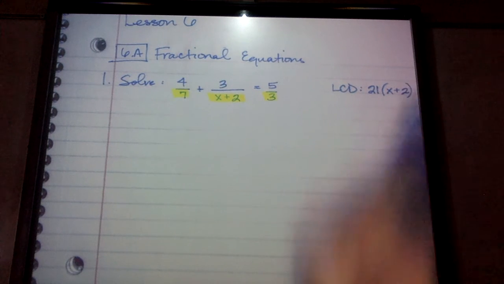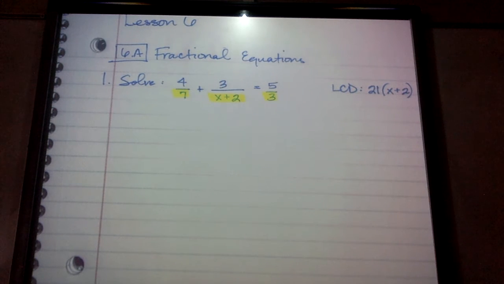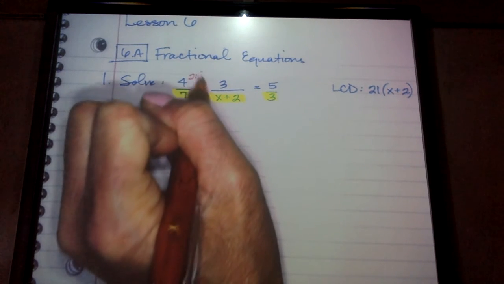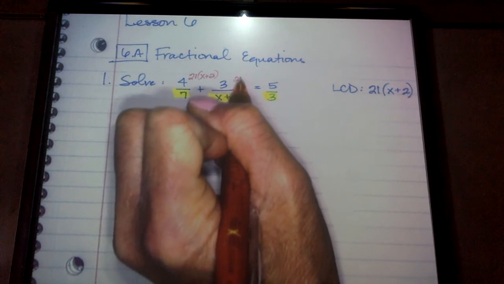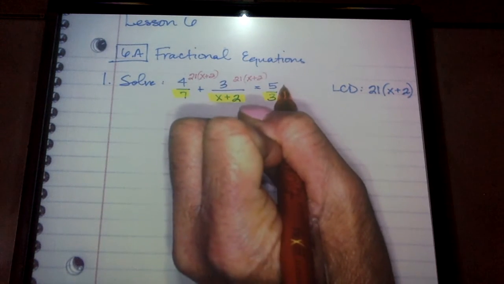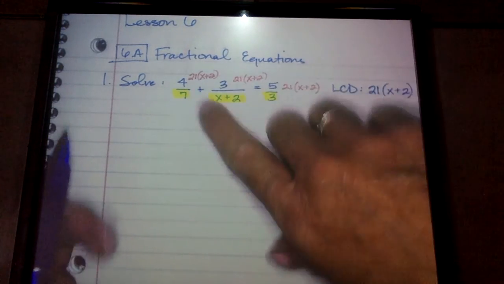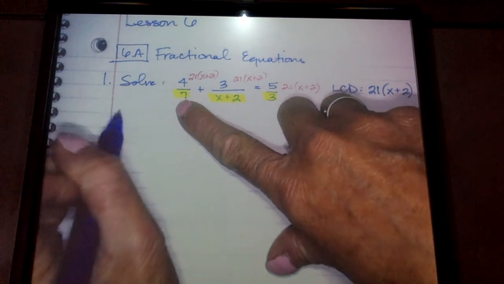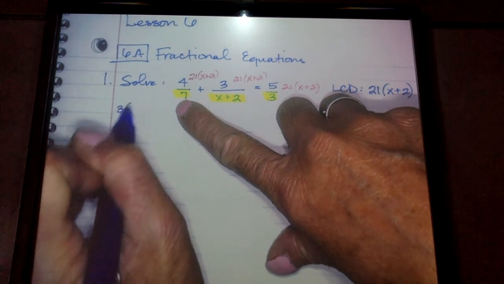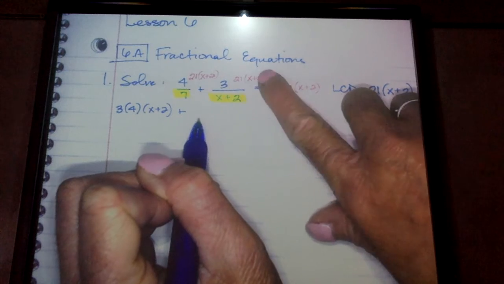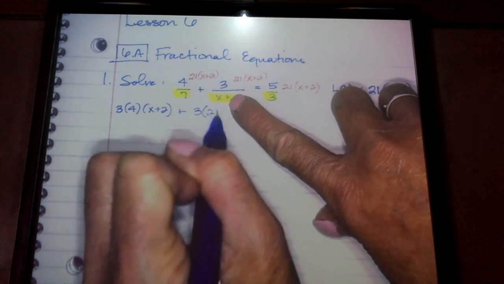Here's my common denominator. Now again, this is one way to do this problem, okay? So I'm going to multiply each fraction by my common denominator. So I'm going to multiply this one by 21, x plus 2, this one by 21, x plus 2, and this fraction by 21, x plus 2. Okay, so here we go. If I ignore all this, for this first one, 21 over 7 is going to be reduced to 3. So I'm now multiplying 3 times 4 times x plus 2. Plus, for this next one, the x plus 2's are going to cancel, and I just have 3 times 21